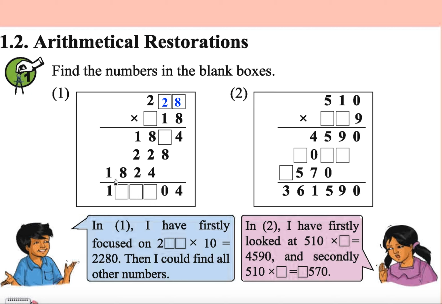But at last you got 1824 here. That means you should multiply with 8 at least. 8 8 is 64, 4 and carry 6; 8 2 is 16, 6, 22, 2 and 8. Yes, this should be 8. Last one is 1824. If you want to get 1824 there, it should be 8. So this is also 1824.